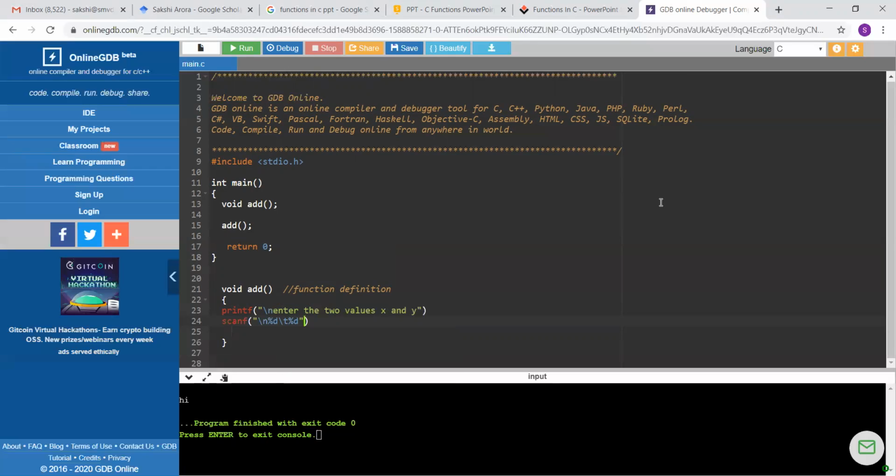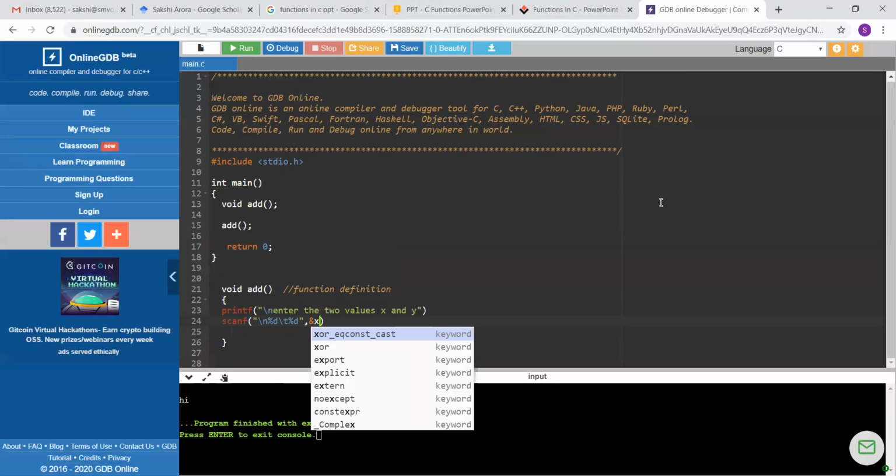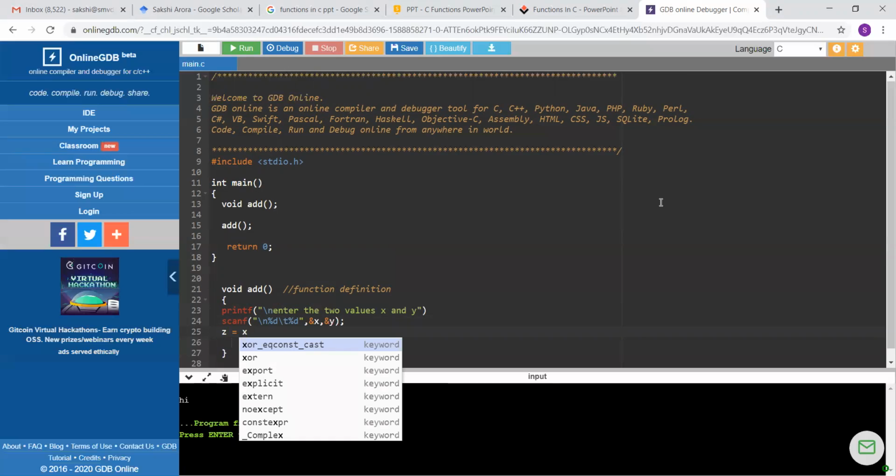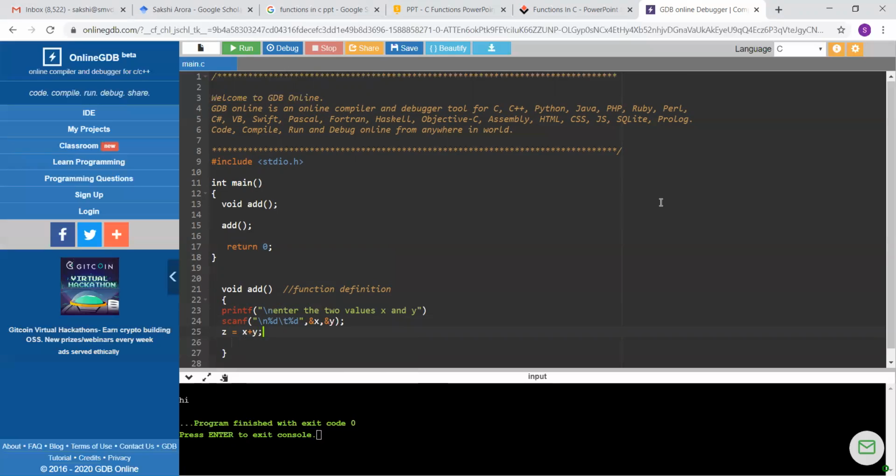Okay, and let me say x and y, fine. And then I'm going to add these two values and print the result. Okay, so I will print the result here, and I will say the sum is equal to